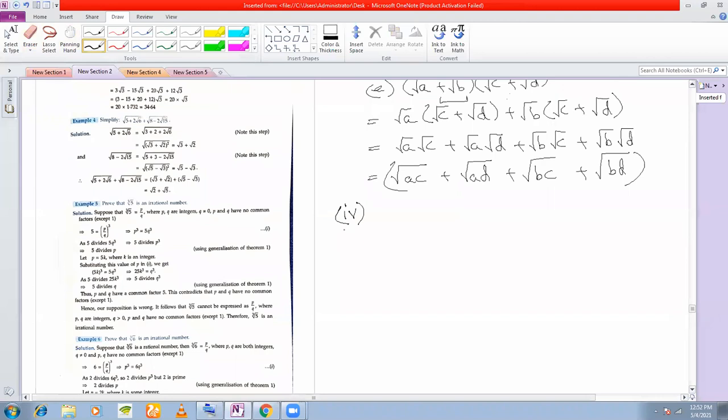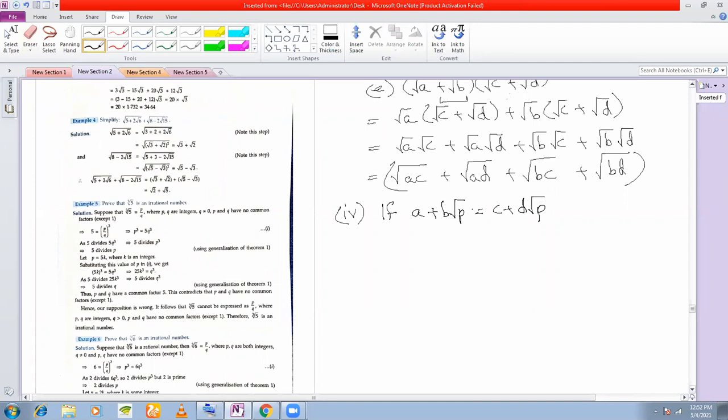Okay, if a plus b root p is equal to c plus d root p, that is, if two surds are equal,